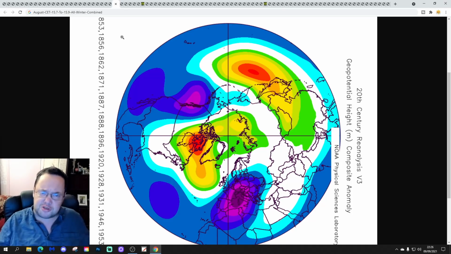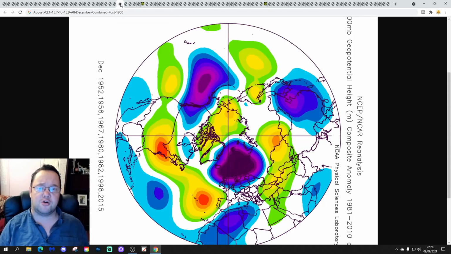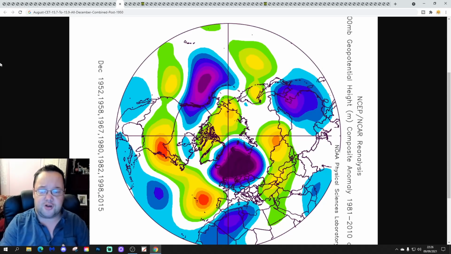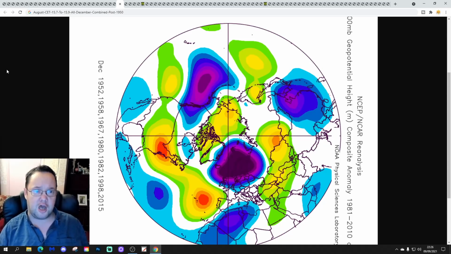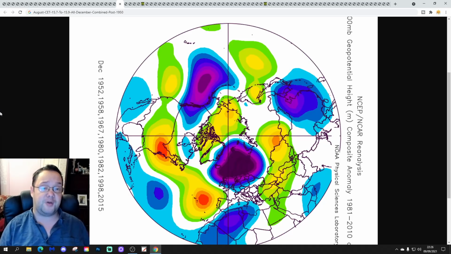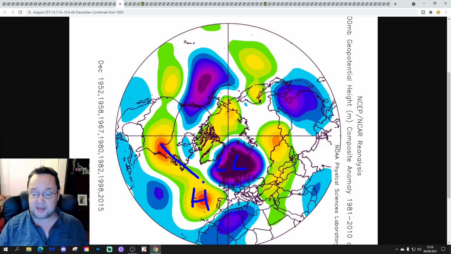Of course, you had loads and loads of years with this analogues package in the 1800s, so let's take all of those out and just have a look at the years after 1950, more relevant to the current climate. So this is how all Decembers combined are looking, following August CT range of 15.7 to 15.9, post-1950, very westerly. So we have high pressure around the Azores, low pressure between Iceland and Scandinavia, and we bring in the wind from the west.